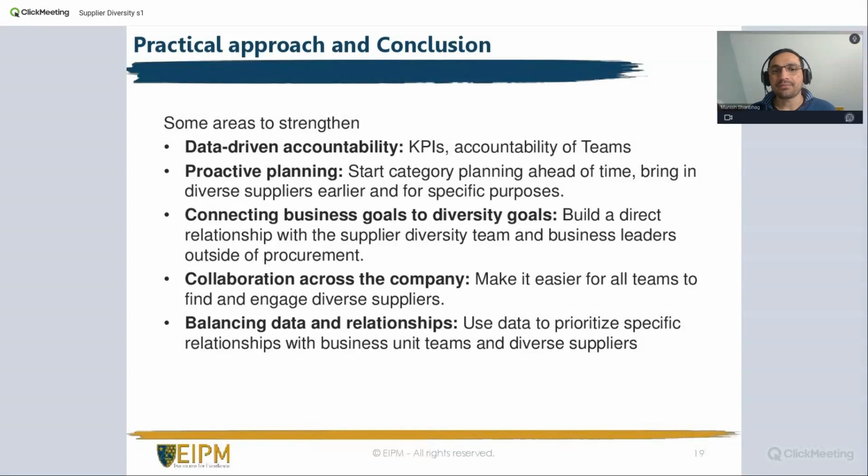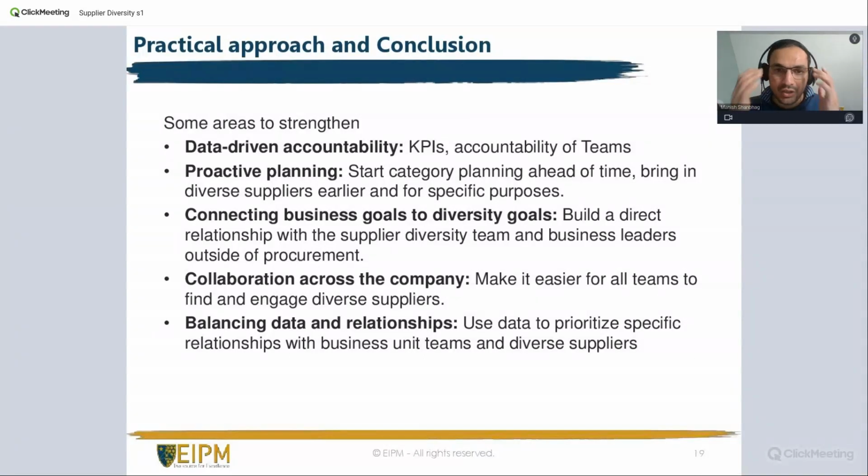And then you have the data, as we started, balancing data, using data to prioritize relationships. Eventually, based on the analysis that you do, using KPIs and SLAs and so on and so forth, you can see which are the suppliers that I would choose, which are the business units that I would work with a larger base. How do I change my KPIs from 5%? Do I move to 10%, and so on and so forth? So we are looking at balancing data and relationship eventually.